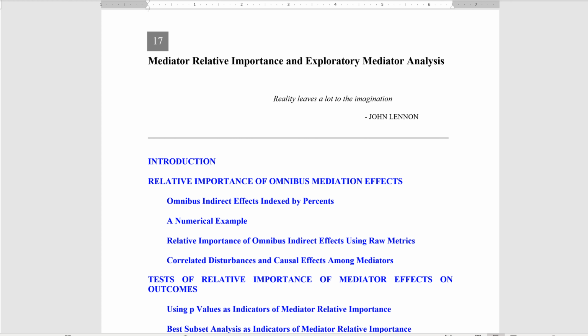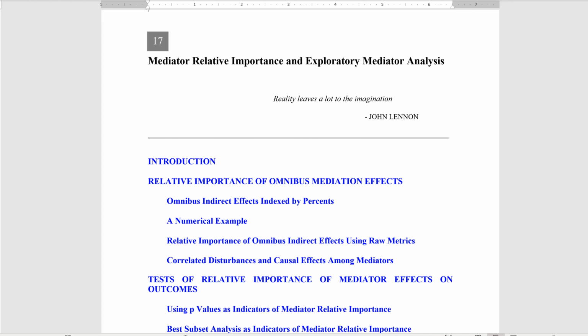Sorry about that. The current chapter focuses on statistical methods for determining the relative importance of each mediator in a set of mediators in an RET. It also discusses methods for whittling down the number of mediators in your model when you have a large number